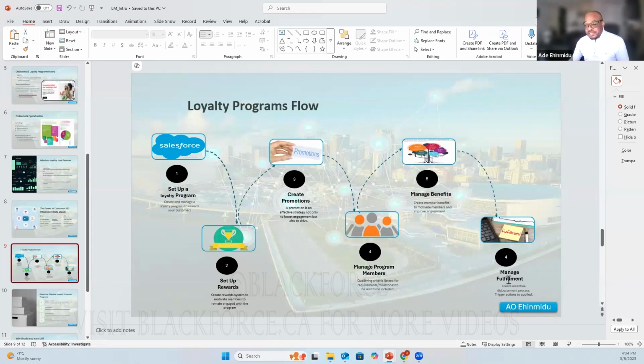And then essentially your fulfillment needs to be created, and then you must deliver whatever you have promised. Create incentives and a disbursement process that will be triggered the moment eligibility has been determined based on the process rule.